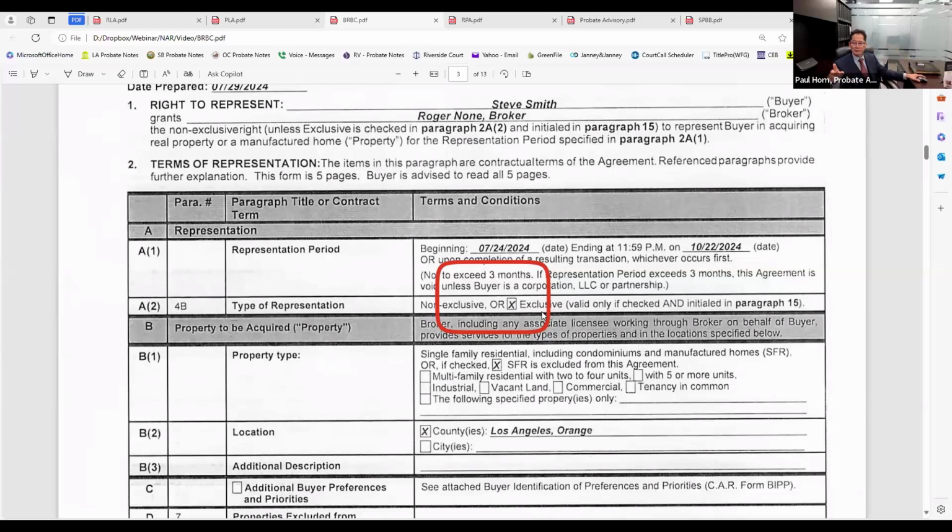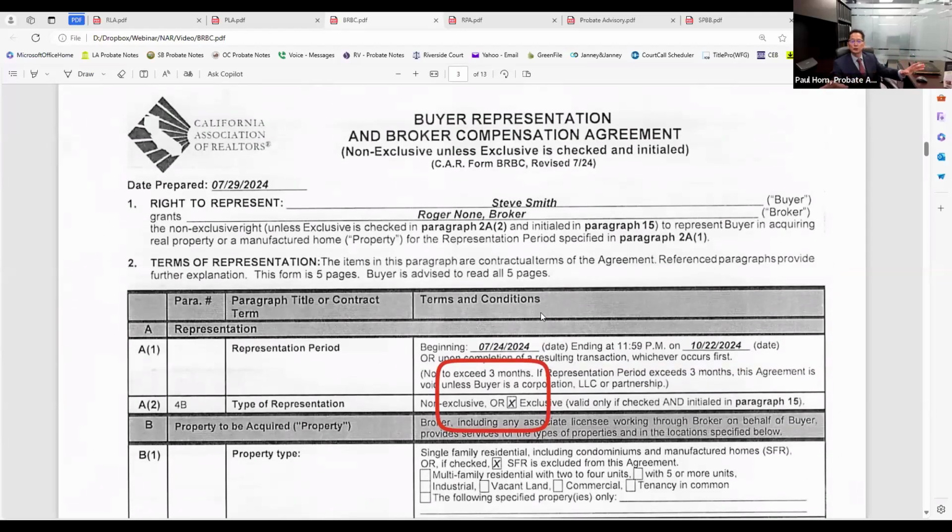This form is automatically default to non-exclusive. I can see whoever I want. I can date whoever I want. We are in a non-monogamous relationship. Yeah, we're just friends with benefits. I'm not in a committed relationship with you. Sorry. So before you spend all your time and effort showing all these houses, maybe you deserve a little bit better. Maybe you ask, come on, buyer, let's do exclusive. All right, let's commit.